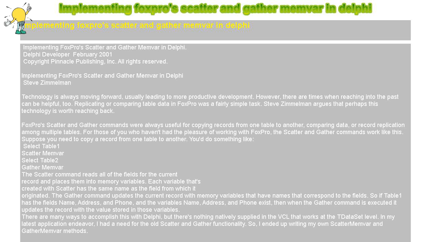GatherMember(Table1, Table2, [goAppend, goPost]); // change a member field value before appending // a record to table 3. memobj.FieldValue['name'] := 'Steve Zimmelman'; GatherMember(Table1, Table3, [goAppend, goPost, goFree]); end;